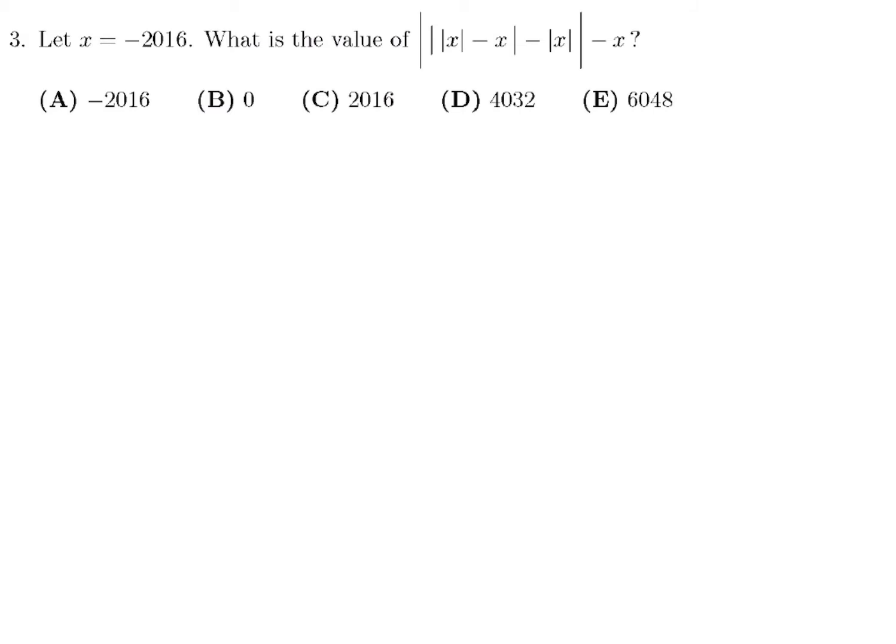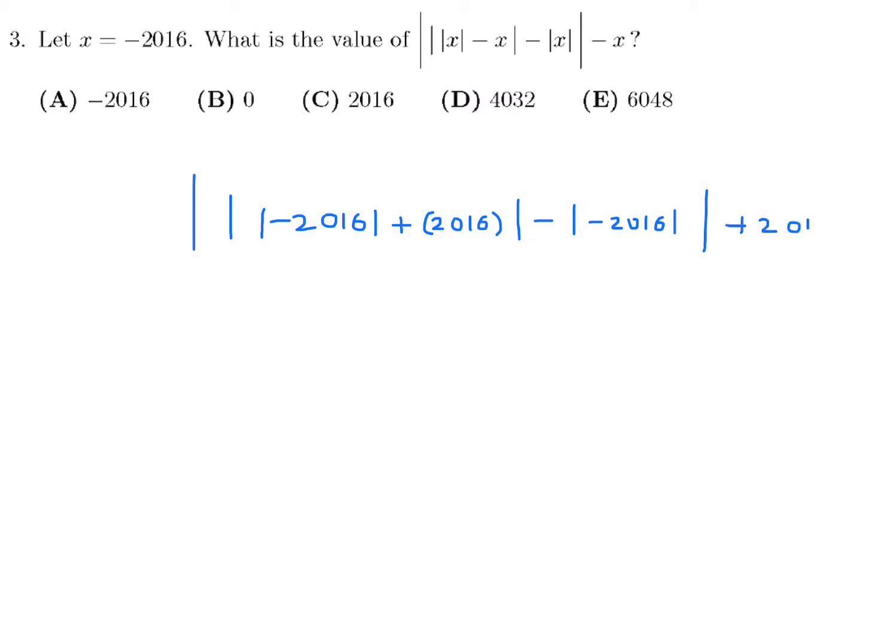X is negative 2016. What is the value of this expression? All right, so negative 2016 absolute value minus 2016, so it would be plus 2016. And then all that, we get an absolute value minus the absolute value of negative 2016, and then minus 2016